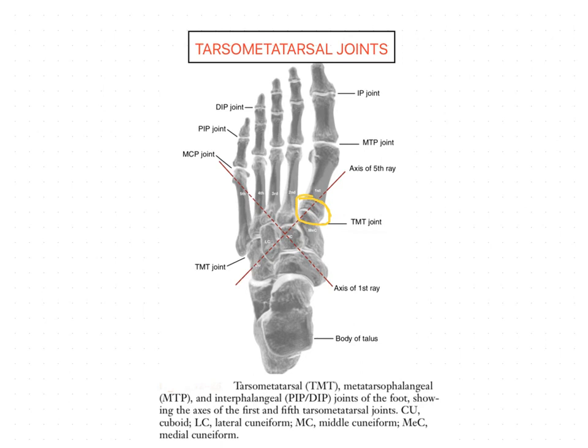Now we will see the second tarsometatarsal joint. It is composed of the articulation of the base of the second metatarsal with a mortise formed by the middle cuneiform bone and the sides of the medial and lateral cuneiform bones. That means like this. This is the mortise. This mortise is formed by the middle cuneiform. On the sides it is formed by lateral cuneiform and medial cuneiform. All together forms the second